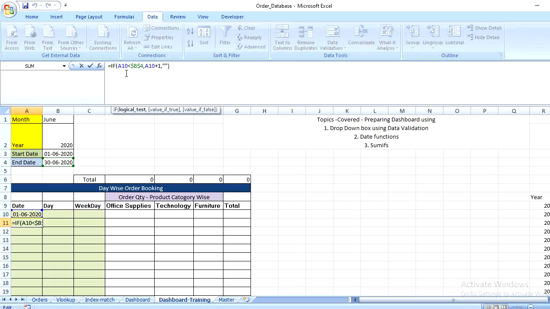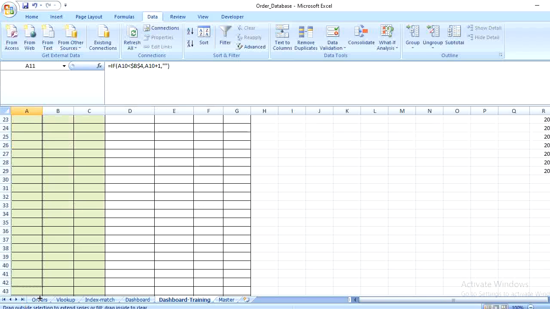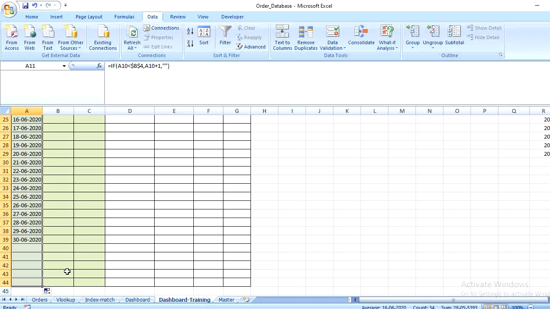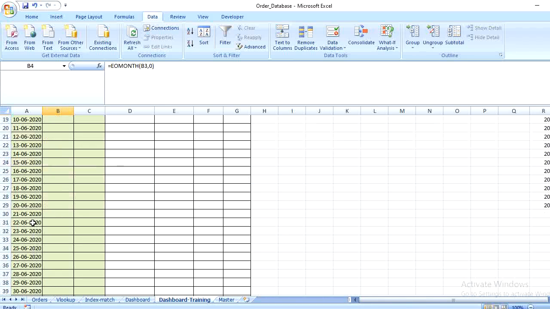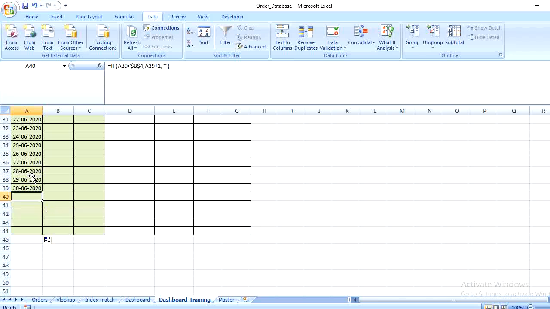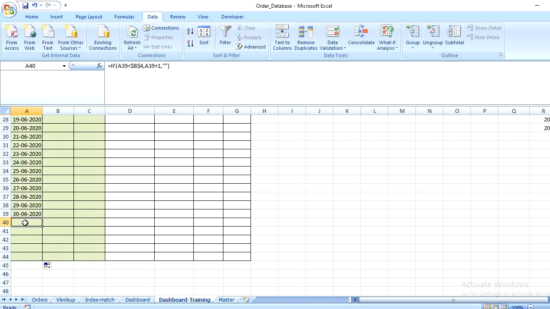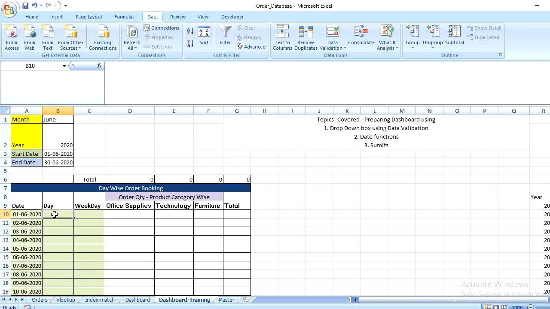Here I applied an IF condition formula: if my previous row date is less than the last date of the month, it's going to add 1 day to the previous day in the current row, else it's going to display blank. Drag it down to the last row. So if you see here, there are 30 days. Normally if you drag it down, it will add the next date automatically, but here after this it's going to display blank. I am going to show you the difference.